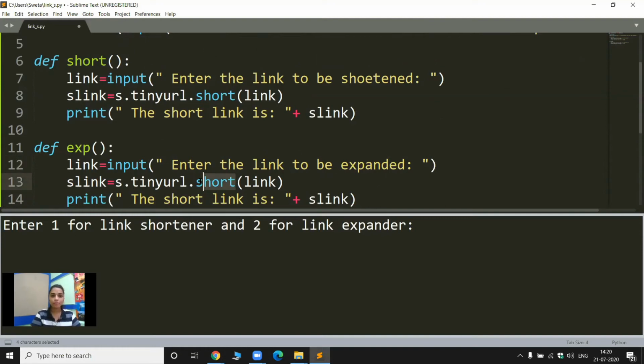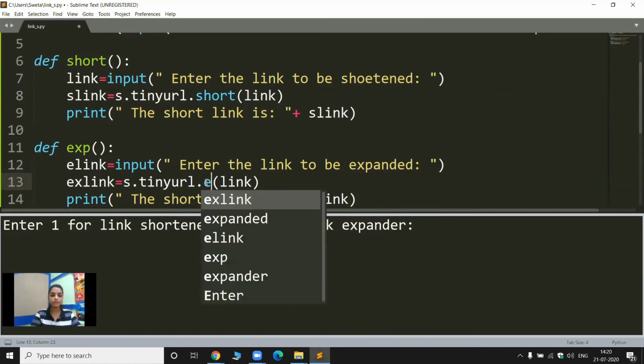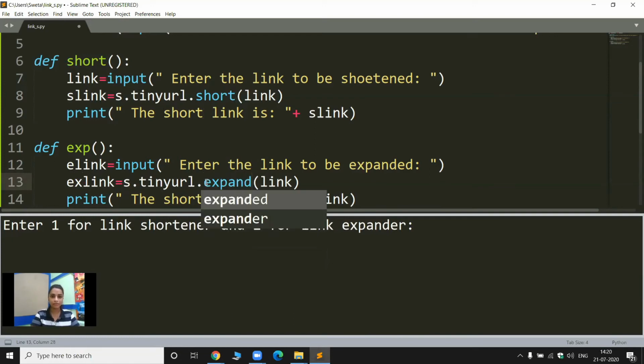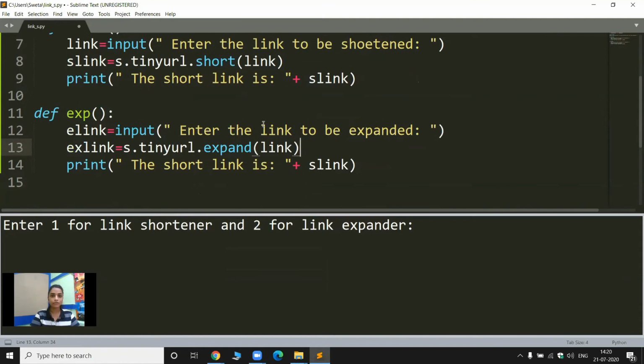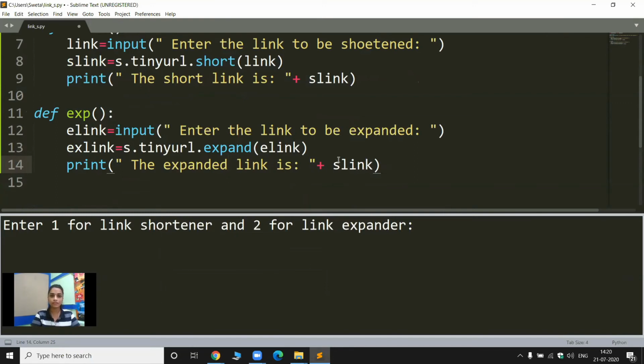Let's write e_link, and this as ex_link. As I want to expand it, I need to convert it to expand, and here goes the link, e_link. Then you'll print out the expanded link is ex_link.